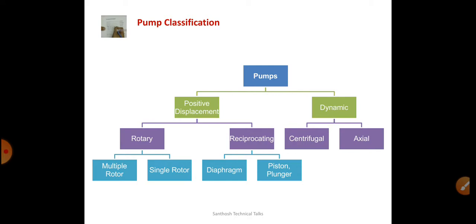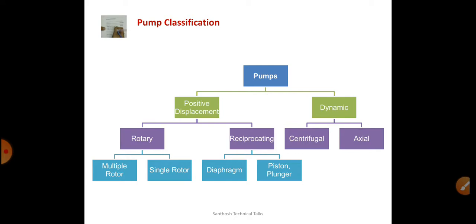Whereas in dynamic pumps, the outlet volume can be changed. Therefore the quantity that came in may not be the same as what came out. So we can adjust the discharge or outlet. If we start this dynamic pump with the outlet fully closed, it can start, and it won't create any damage to the pump or the pipe material.